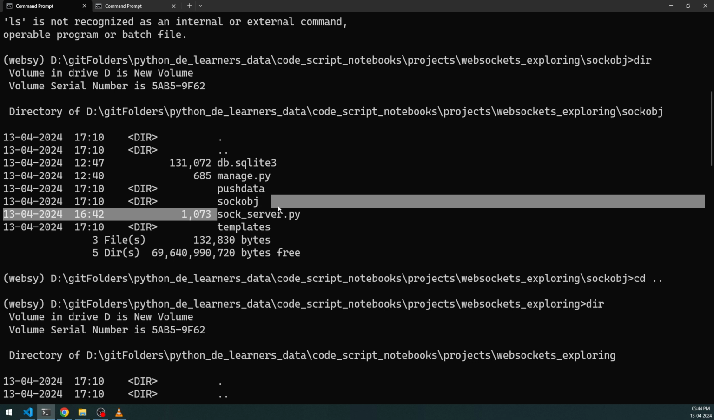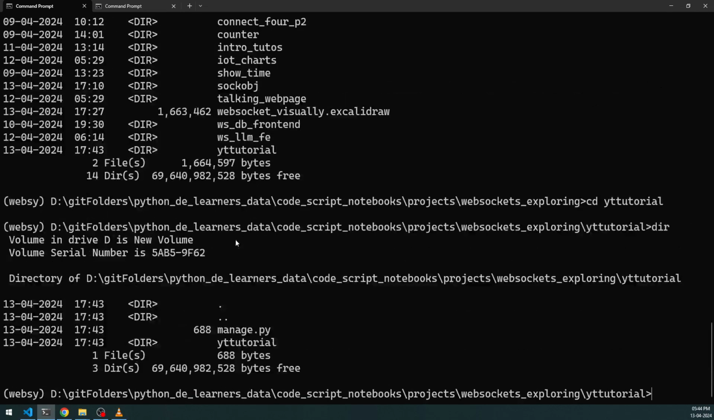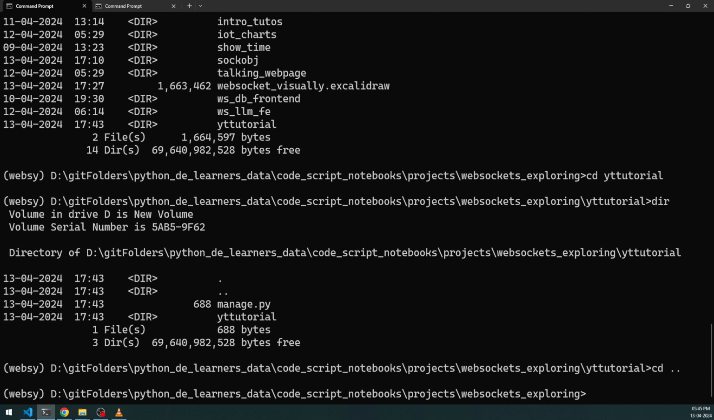This sock_server, we will discuss a little later. Next comes the application, the app that you're going to create. The app in our case is called push data. We are pushing data, so I named the app with the same term. So let me go back, because I'm not going to use that YT tutorial project. It's of no use. So let us go into sock object,